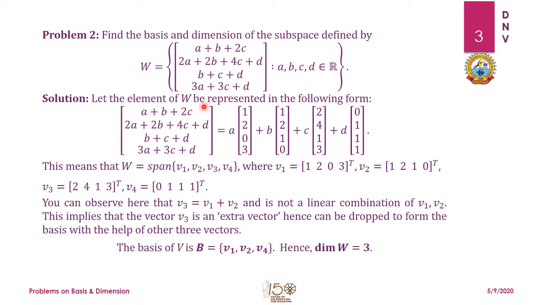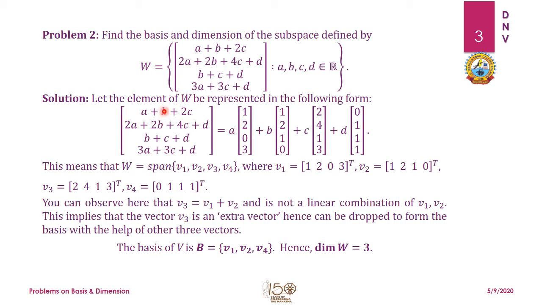So if we represent this W as a combination of these matrices, which we can always do, because a single vector can be represented in terms of multiplication of a matrix and the column matrix itself. So if I take this A, the first element A, then I can write 1 because the coefficient of A is 1 in this first element, 2 in second, 0 in third, and 3 in fourth, and therefore it becomes 1, 2, 0, 3.